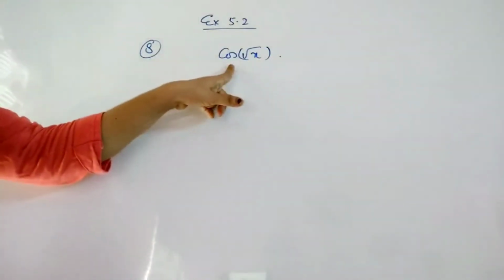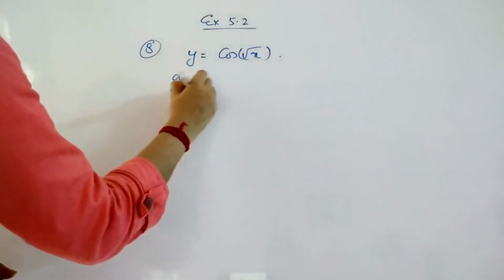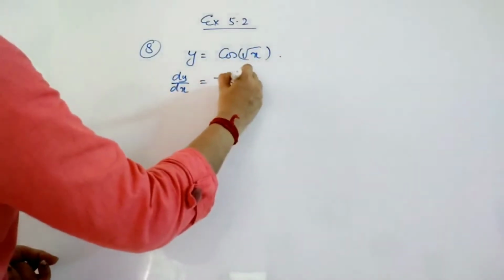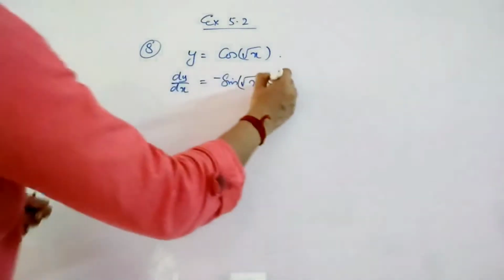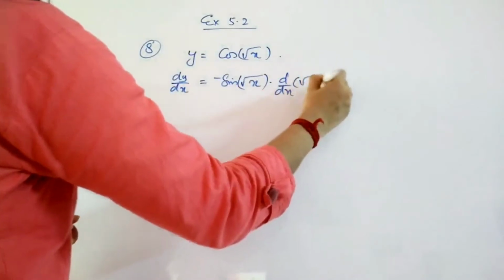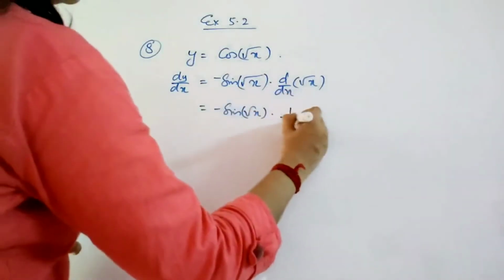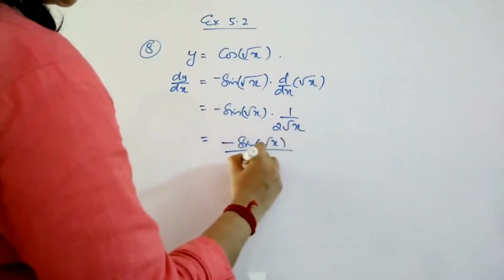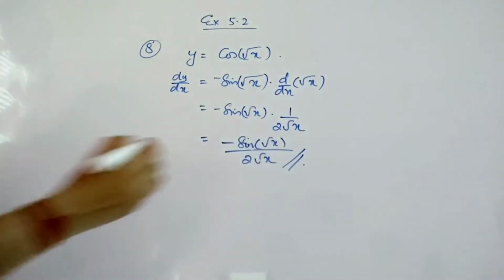Next question is: differentiate with respect to x, the term is cos of root x. So again we will start with y is equal to cos of root x. Now differentiating with respect to x on both sides, you will have the left hand side as dy by dx, and this will give you cos of something, the derivative is minus sine of that. Since it is not x, you have to differentiate that term also with respect to x. Okay, so you get minus sine root x into, what is the derivative of root x? 1 by 2 root x. So your answer is minus sine of root x divided by 2 root x. Okay.